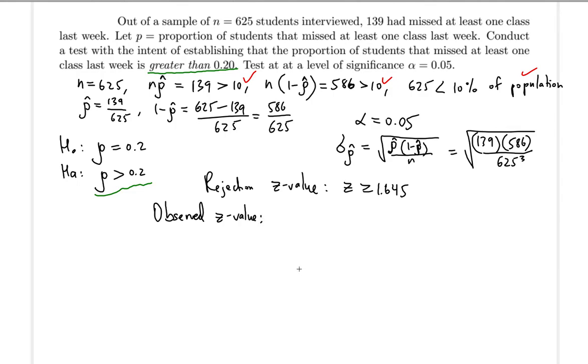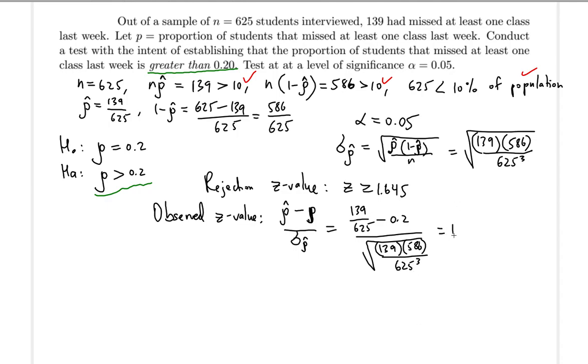Observed z-value. Observed z-value can be found by taking the p hat, subtracting the p, of course, the population probability based on the null hypothesis, and divide that by the standard deviation of the set of sample proportions. Right? Standard deviation of the set of sample proportions. Okay, so p hat is the sample proportion minus the alleged population proportion divided by the standard deviation of the set of sample proportions. So if we do this correctly, you should get 139 over 625 minus 0.2 and divide that by this huge guy, 139 times 586, keeping in mind that all of this is going to be inside the square root. So if you get this, you should get something like this, 1.22